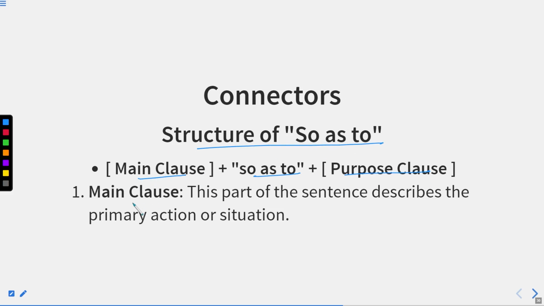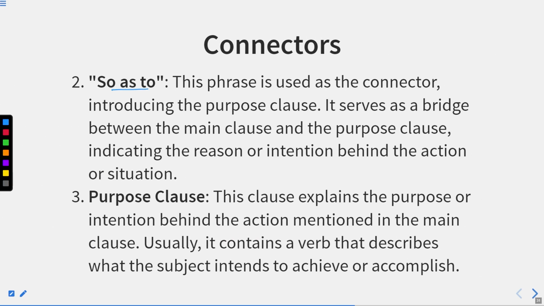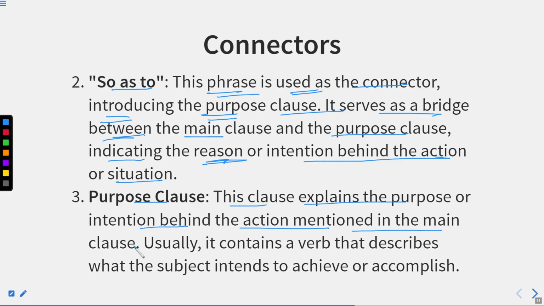purpose clause. Main clause: this part of the sentence describes the primary action or situation. So as to: this phrase is used as the connector introducing the purpose clause. It serves as a bridge between the main clause and the purpose clause, indicating the reason or intention behind the action or situation. Purpose clause: this clause explains the purpose or intention behind the action mentioned in the main